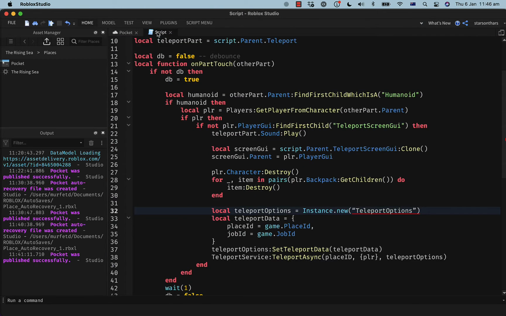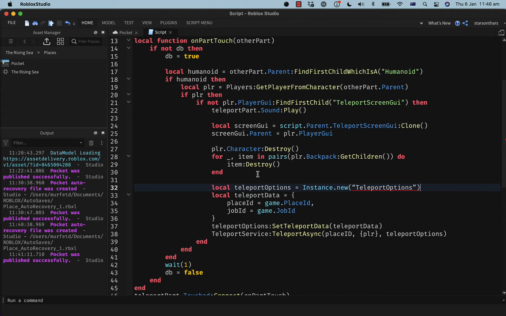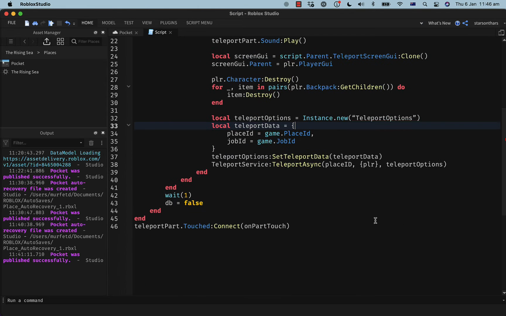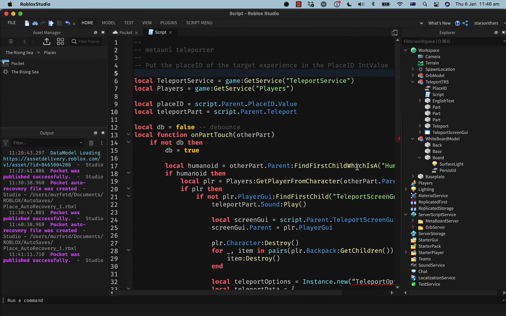Well, most of this can go into a local script. The only thing that can't be in a local script is the teleporty part, I guess. Okay, just have a remote event to do that, I guess.